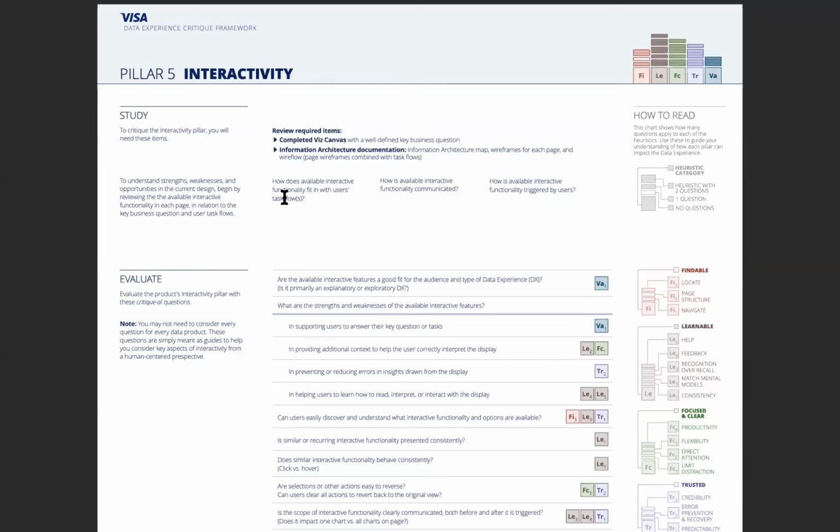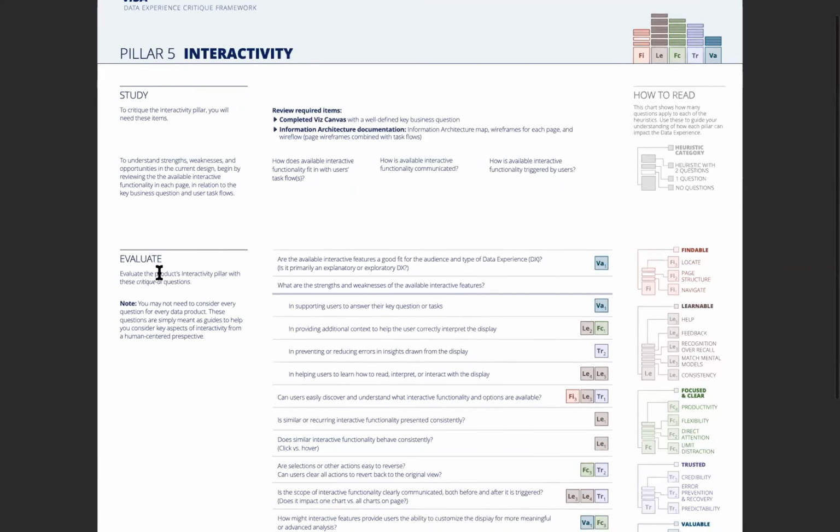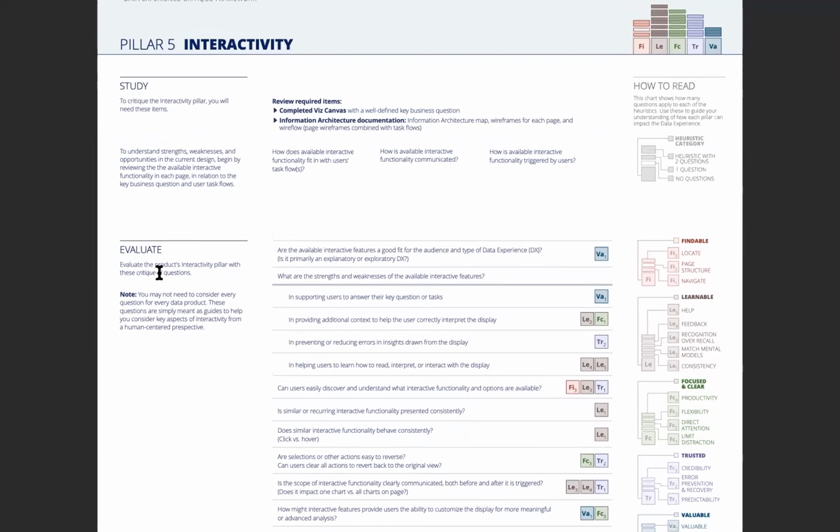Then after we understand the current design, we can move on to the evaluate section, where we analyze and try to identify the strengths and weaknesses of that design. This second part is the more judgmental, but it's really where you're digging in deeper and finding, hopefully, what's working and what's not, but also what are some areas we can focus on to improve it.